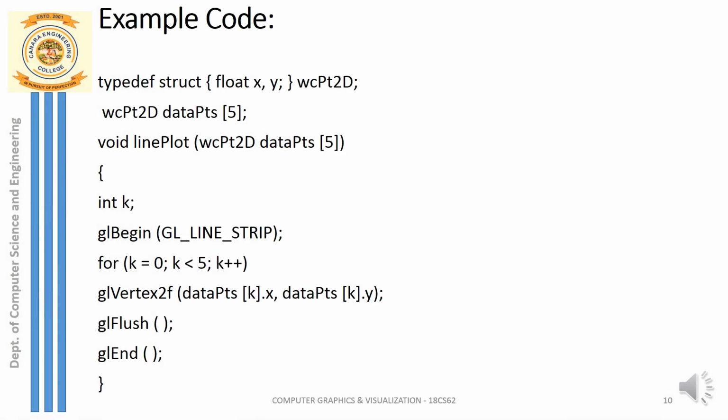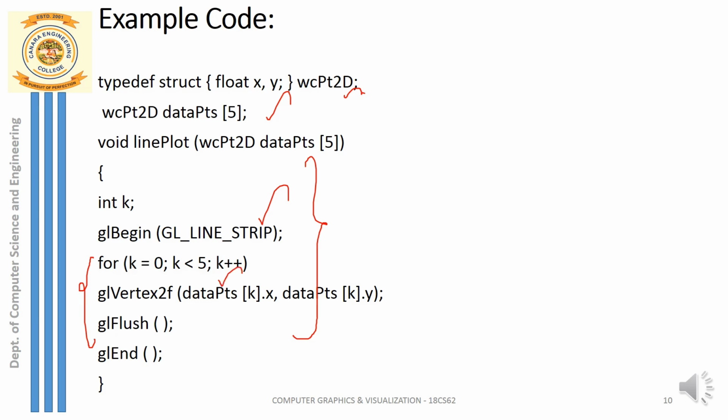Here is the complete code for drawing that. You can just go through this. A data array is taken where several vertices, several points, are stored, and you can see this user defined function line plot where exactly the line is drawn. You can take GL underscore lines, or also you can take GL underscore line strip to draw the line, and I'm using here a for loop to draw the vertices. Many vertices have to be drawn here in order to draw a line strip.